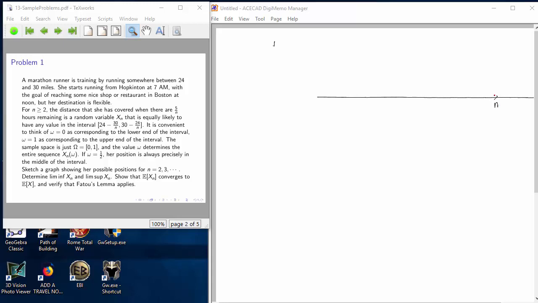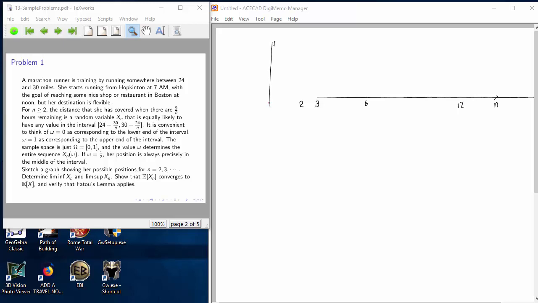That's the index n, and I'm going to do values 2, which means our marathon runner is 2.5 hours away from her 5-hour target. 3, which means she's 5/3 of an hour. 6, which means she's 5/6 of an hour. And 12, which means she is 5/12 of an hour away from her goal of running for 5 hours. And at each of these checkpoints,